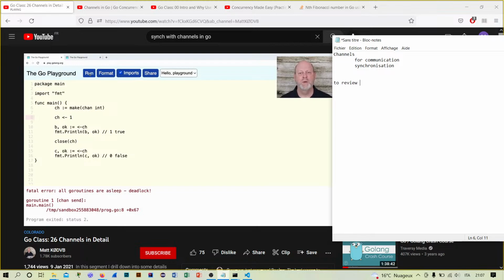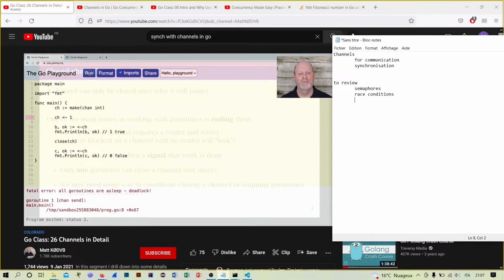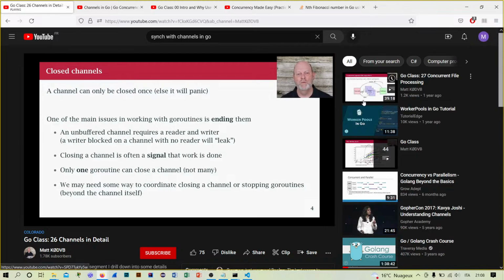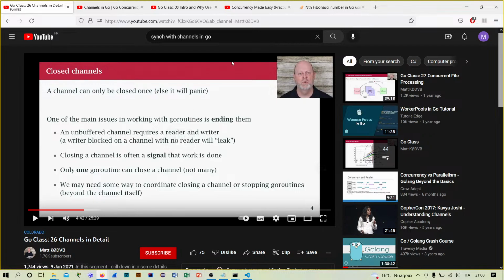Okay. Anyway, Go has a built-in deadlock detector. I wanted to show that. When it can figure out that no Go routine can be scheduled, it will crash your program and tell you, and that's very useful. Now, let me go back to the slides because I want to talk about closed channels again. Okay. Why is it useful to close a channel? Well, that's a tool for signaling. And I talked about this before, right? One of our problems with Go routines, in fact the most common problem, is we need to make sure they end. And it's possible to leak a Go routine. We saw that in the last segment. I showed you for about 10 minutes the most common way to leak a Go routine. So we want to make sure Go routines end, and a useful way to do that is to have some sort